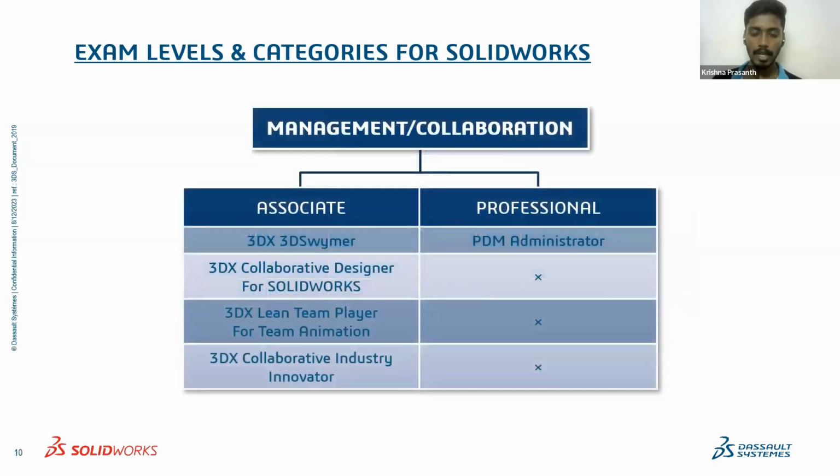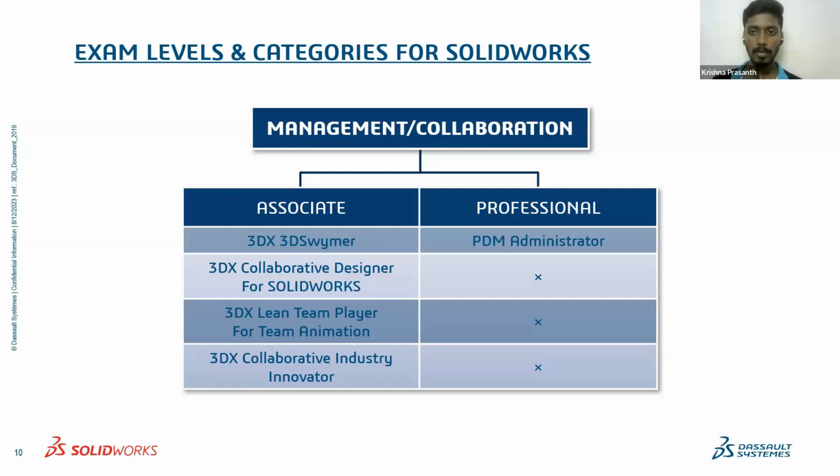So next is the management or collaboration. The data which we are creating must be shared with the other users and other designers, other manufacturers. And the data must be kept in a perfect way so that we can access it perfectly. So if I need a design urgently, I need to access the data without confusion with the names I have given for the software design. This means I need to do the naming of the design perfectly, right?